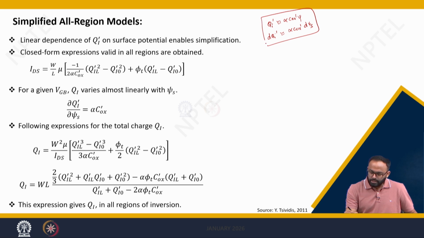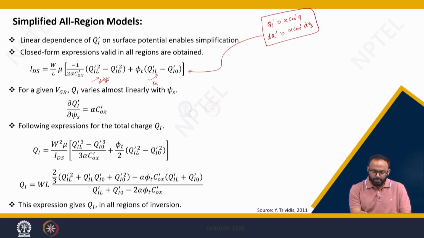By doing this linearization, we got the current expression as W by L into mu into minus 1 over 2 alpha Cox dash into Qi L square minus Qi 0 dash square. This is the drift component,